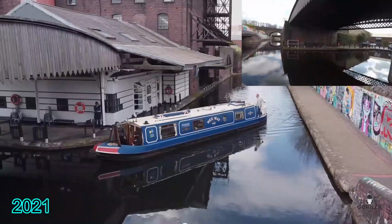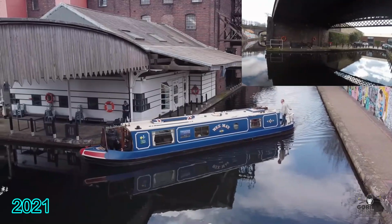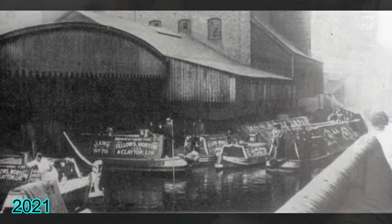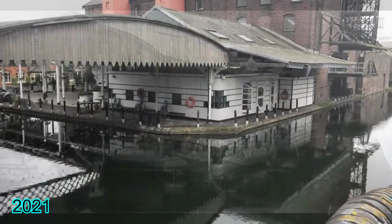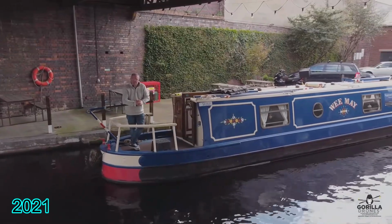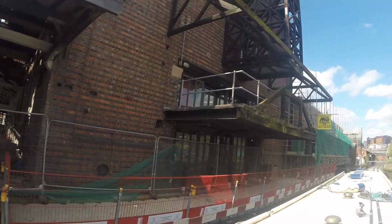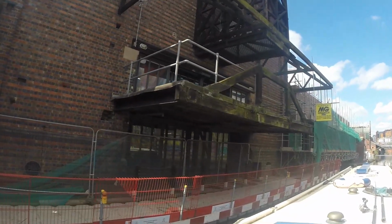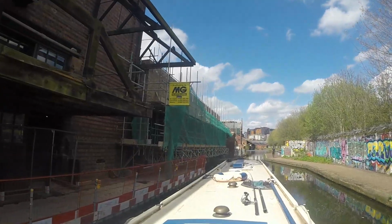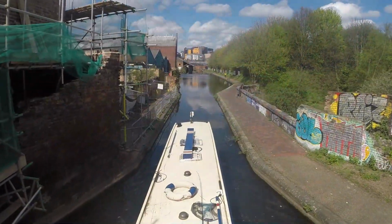But it's a fabulous building, this is. Obviously stripping it out and doing something new. But I'm pretty sure it's going to be the BBC's new Birmingham sort of headquarters or something. But it's a fab old building. It used to supply ice. It's called the Ice House in there. And it used to supply ice to the wholesale markets. So it would have...